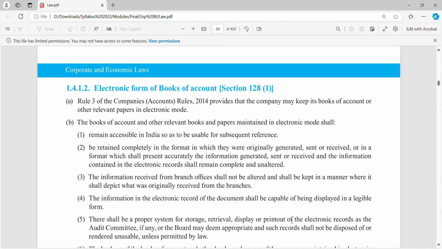Section 128 subsection 1. Now see, here we have rules. We have Acts: the Income Tax Act, Companies Act, GST Act. These Acts were very bulky and lengthy. We were not able to study them at a stretch. So what did we do? We divided them into sections. Still we were not able to study, so we divided them into subsections. We went on dividing it.